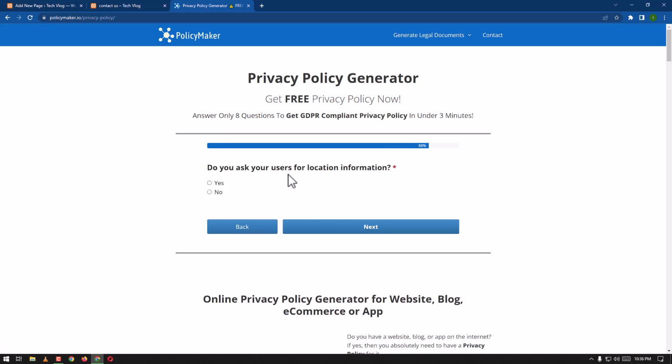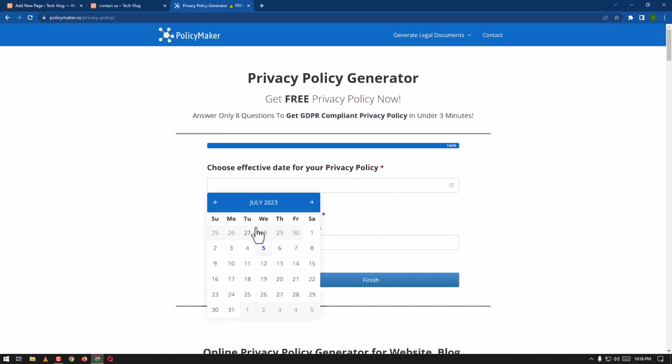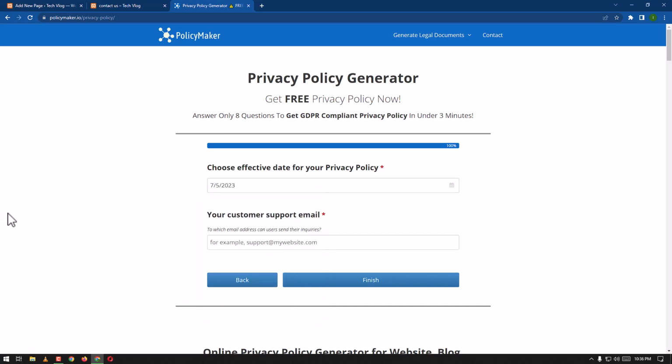Do you ask your users for location information? No, we don't ask, but if you ask, you can say yes. Here we go. And choose an effective date for your privacy policy. We can choose the date. Today is 5 July 2023, so we are going to choose this,